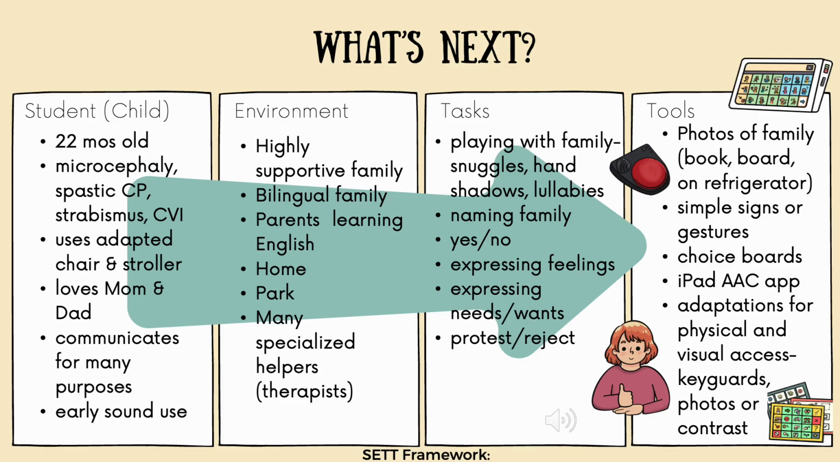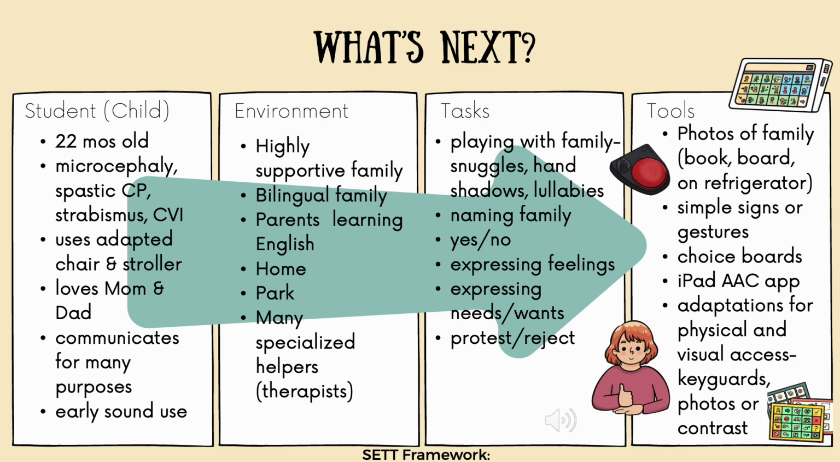So what do we do next? Well, once we understand how and why our child is communicating, then we're going to consider other things about the child, the environment that they're in, the tasks that they need to complete, and what tools we need to pull out to make available for that child. We typically do this using a SET framework, which you can learn about in one of our other videos. The tools that I might consider for our little buddy Ethan are some photos of the family, some simple signs and gestures, some choice boards, maybe an iPad with an AAC application. We might want to think about whether we need to make adaptations for this little fellow for his visual access, either photos or maybe some high contrast, because we can see in the first column of our SET framework that he's a child who has